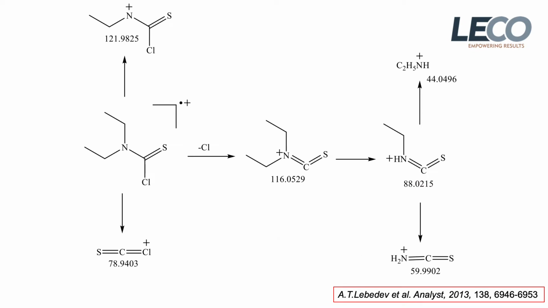Eliminating this peak from the consideration, we can really understand what we had. We know exact masses of all the fragment ions. Then we know the elemental compositions of all those fragment ions. And using the rules of fragmentation of organic compounds, it was not so difficult to propose the following scheme of fragmentation and the following structure of the molecular ion.